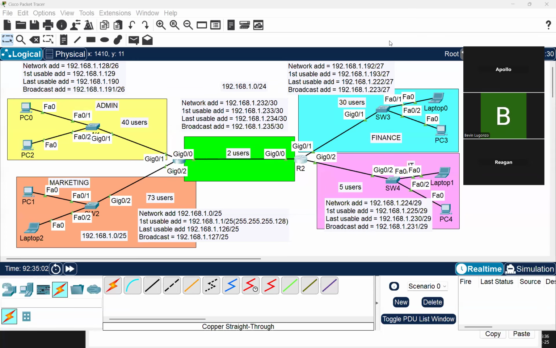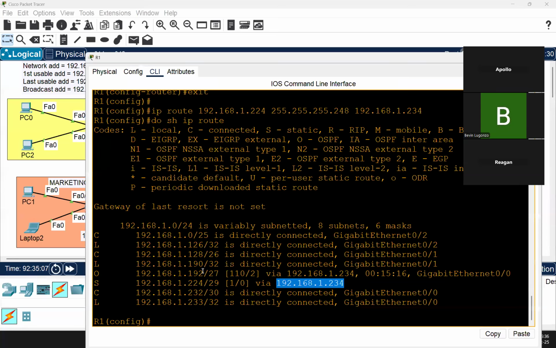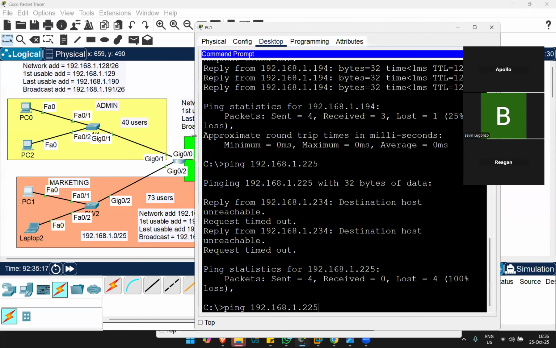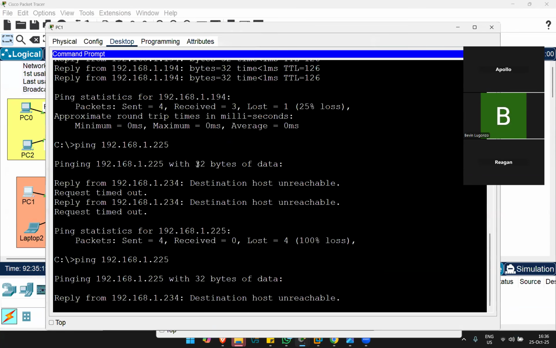Okay, let's see. This is the third part. Now we have just added a static route to that destination here. So now, if we repeat the ping, let's see what will happen. If we repeat this ping from this guy, the ping to that network that failed, which is